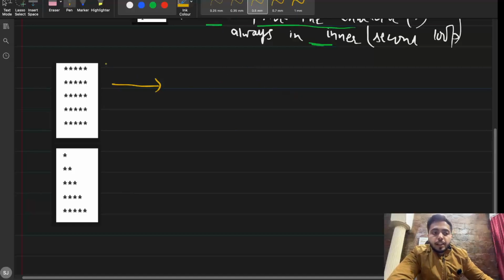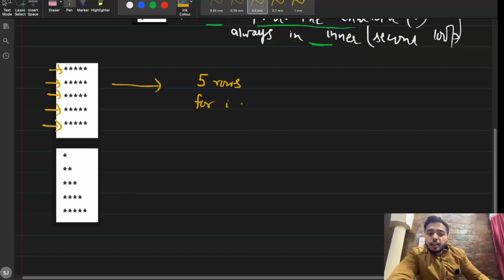So tell me, in this pattern, how many rows do I have? 1, 2, 3, 4 and 5. I have 5 rows. So what can I write? For i in range,